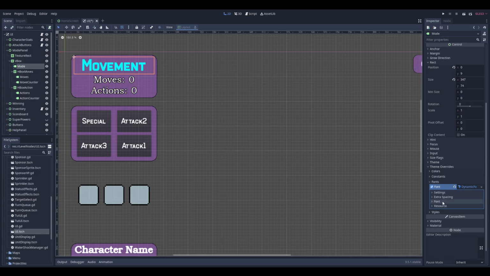We can then leave the font tab altogether and just go to settings. Here you can change the size, you can add an outline and change the outline color and size. You can use bitmaps, but the use filter button is the one that you're going to want to highlight, and this would actually make your font look crispy, because if this is